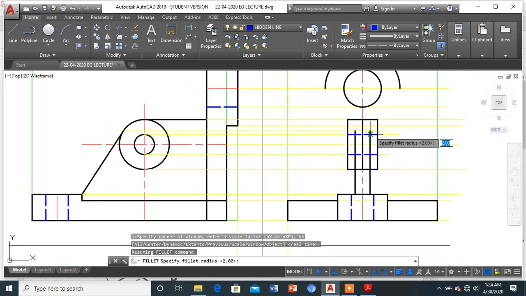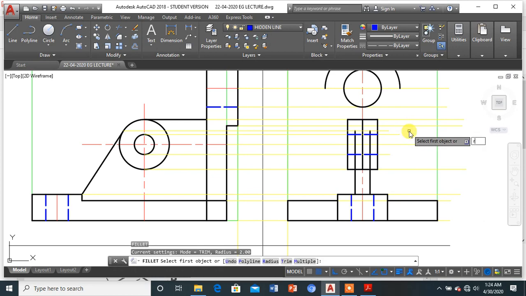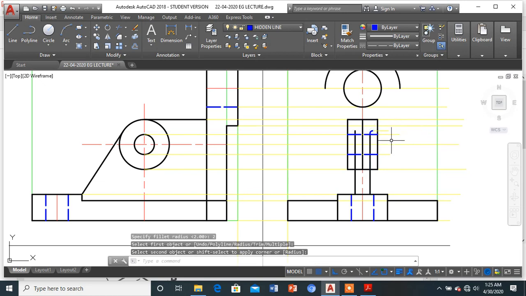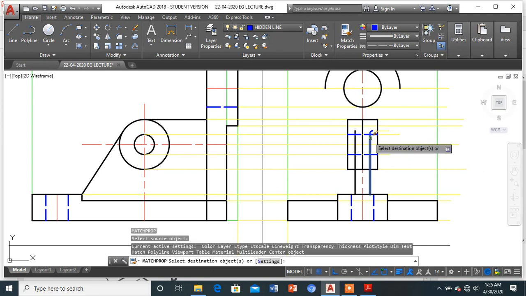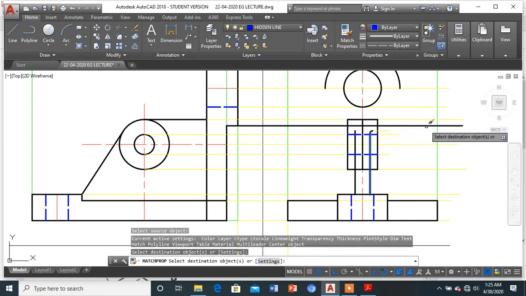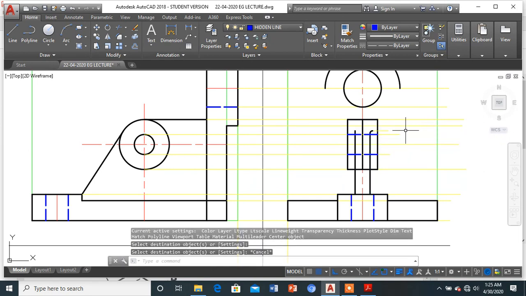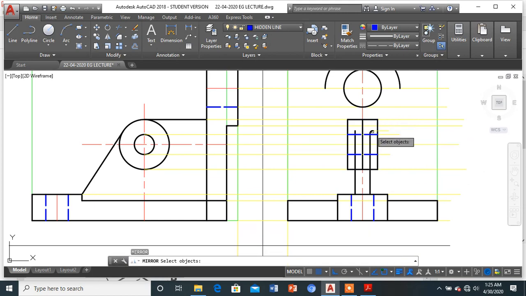So it's over here. I can construct this rib, draw it like this. Okay, we are done with this. Now the same one can be drawn on the other side as well.